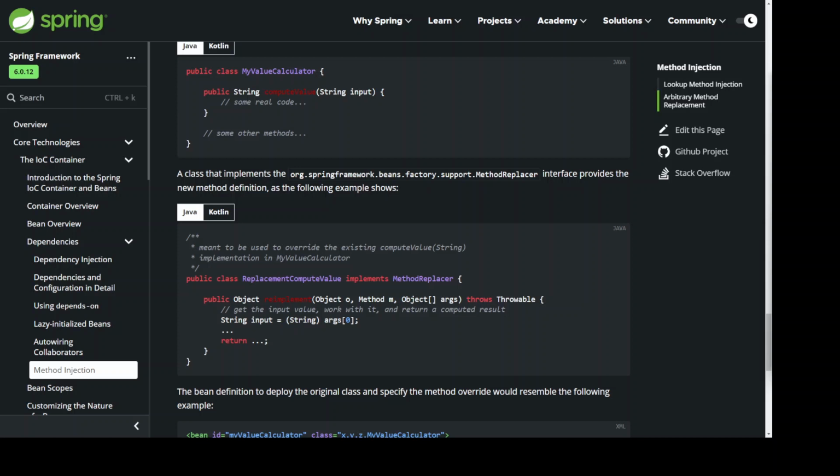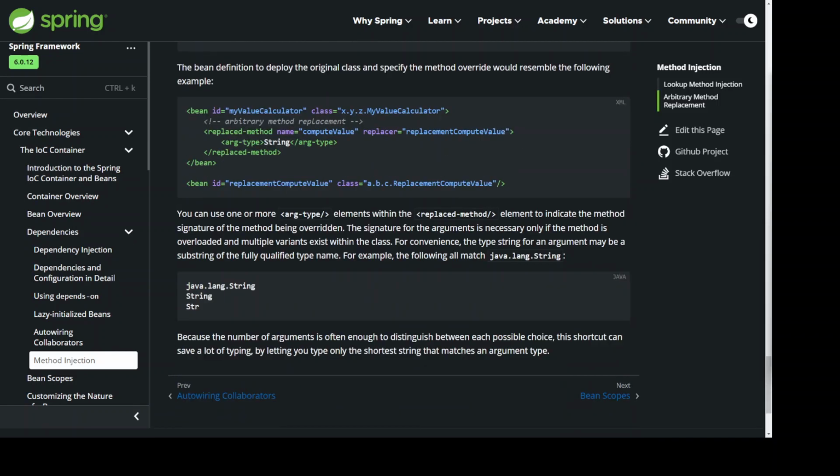The bean definition to deploy the original class and specify the method override would resemble the following example. <bean id="myValueCalculator" class="x.y.z.MyValueCalculator"> <!-- arbitrary method replacement --> <replaced-method name="computeValue" replacer="replacementComputeValue"> <arg-type>String</arg-type> </replaced-method> </bean> <bean id="replacementComputeValue" class="a.b.c.ReplacementComputeValue"/>